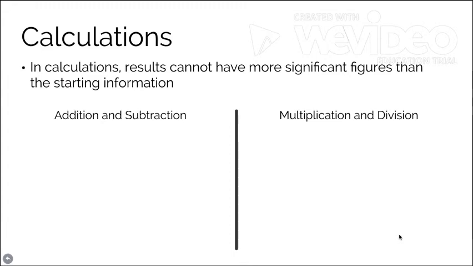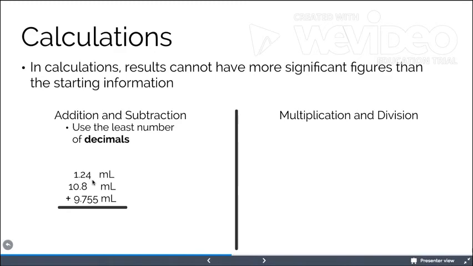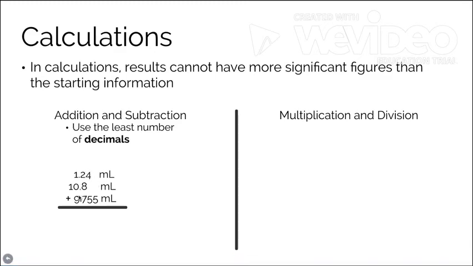So let's start looking at addition and subtraction, starting with a rule: you want to use the least number of decimal places that you have in your measurements. Let's look at an example. Say you have 3 different samples of water. You know their individual volumes, but you want to know the volume together. We have 1.24 milliliters for the first sample, 10.8 milliliters for the second, and 9.755 milliliters for the third. If you put these numbers into your calculator, you get this result: